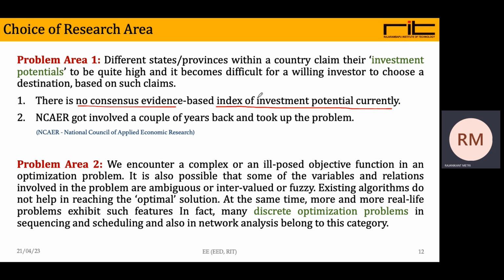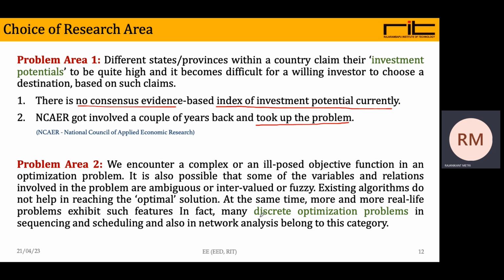Now one can easily identify which state is feasible for them, as per the profit, places, and resources available at that particular location, and then invest in that state or province. So this is one problem, which has now been taken up by an agency, and it is giving the ranking for the states. Similarly,